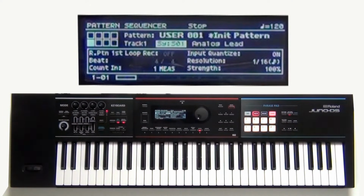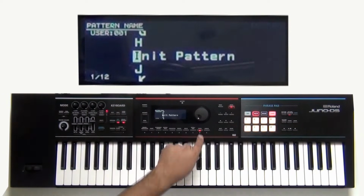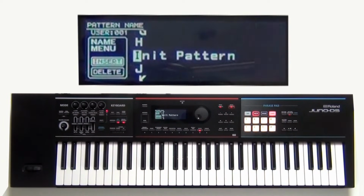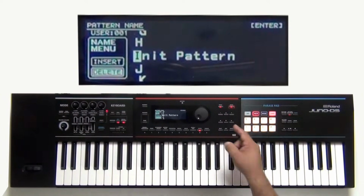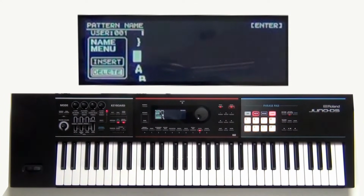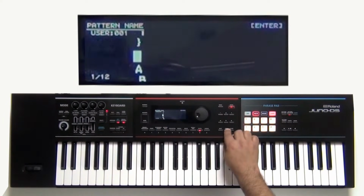Now, what if I wanted to save? All right, let's go ahead and save. So I'm going to press the right button, and I might want to go ahead and name it. Now if I press the menu button over here, I can choose whether I want to insert or delete what's there. So I'm going to just delete those characters right here, and now that I have that, I'll exit,